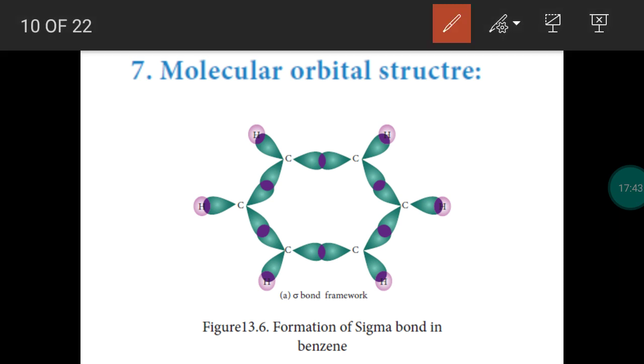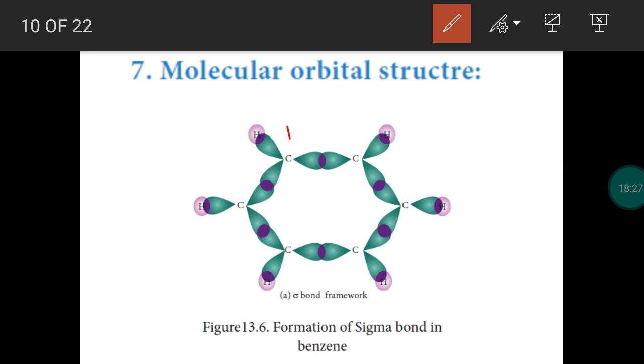Okay, so you take carbon, it is involved in sp2 hybridization. 2s orbital, 2px orbital and 2py orbital. These three atomic orbitals intermix together to produce three hybridized orbitals. So the 2s orbital has one electron, the 2px orbital has one electron, the 2py orbital has an electron. These three atomic orbitals with a single electron of carbon will intermix to produce three sp2 hybridized orbitals with a single carbon.